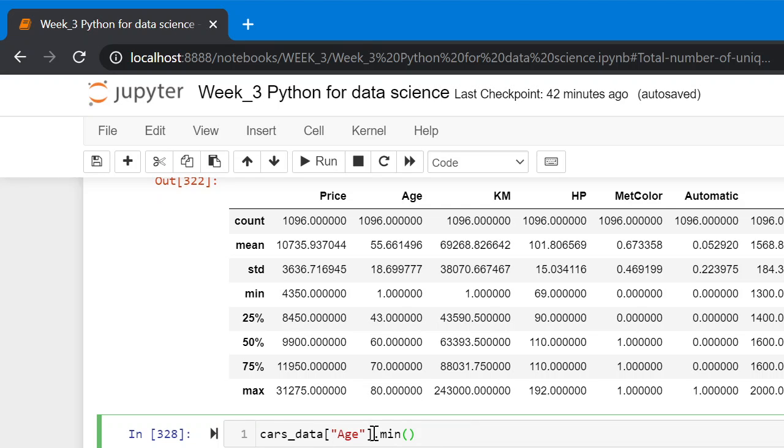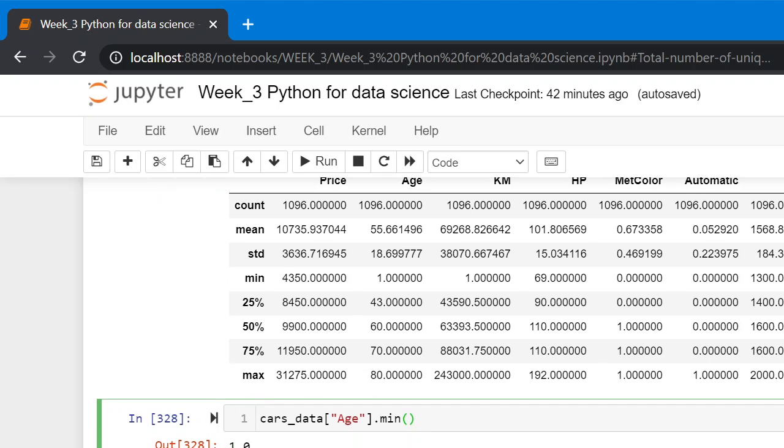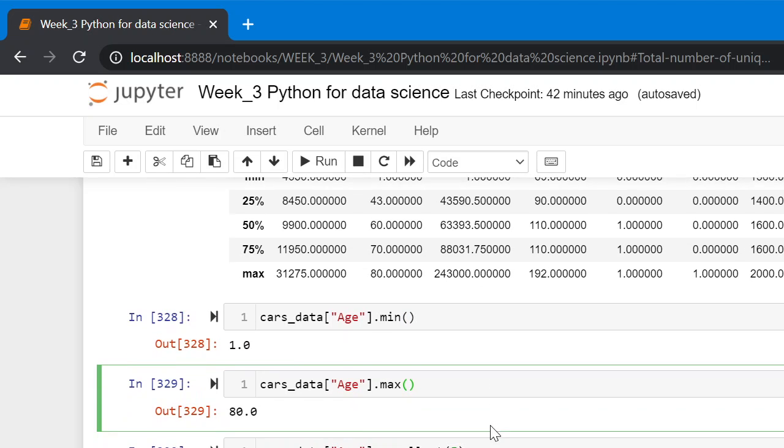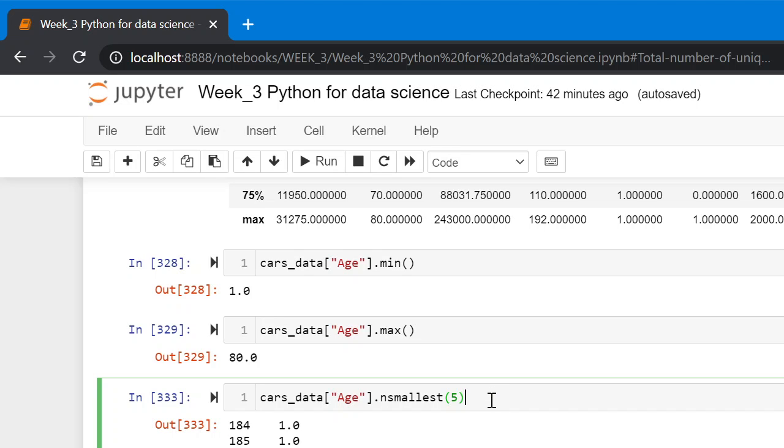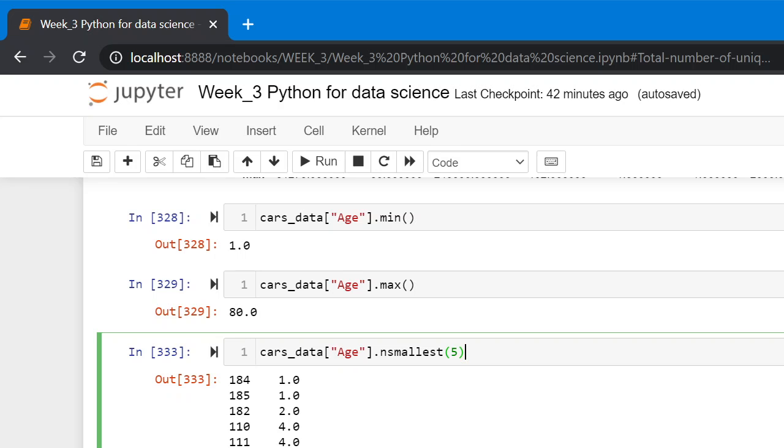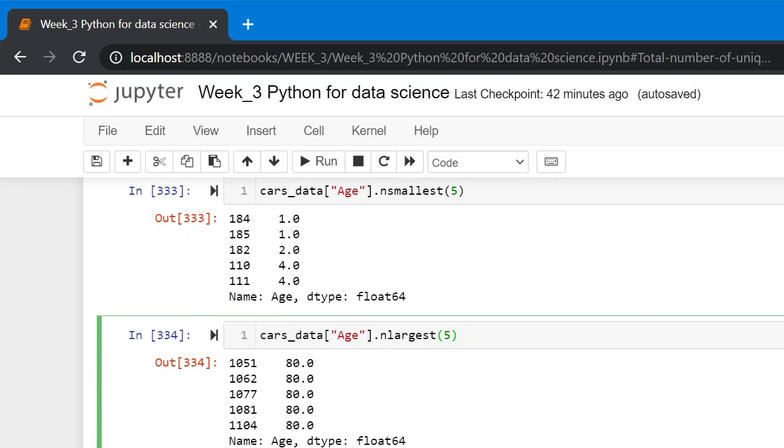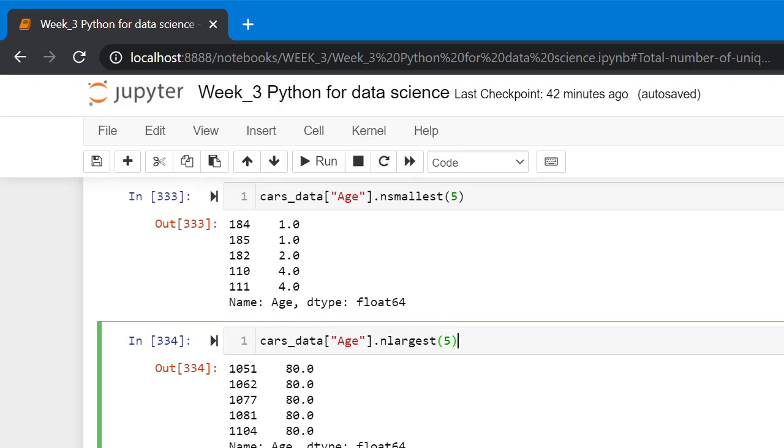We can apply these methods on a particular pandas column, like here cars_data column. Dot min will give the minimum value and the max method will give the maximum value, and nsmallest with argument as number will give the bottom 5 values, and nlargest will give the top values.